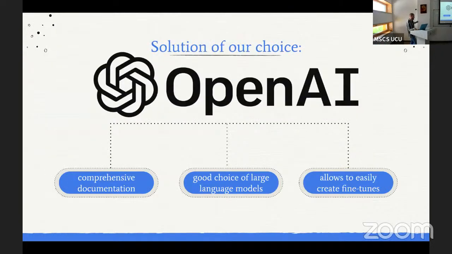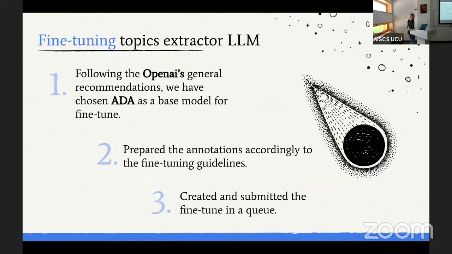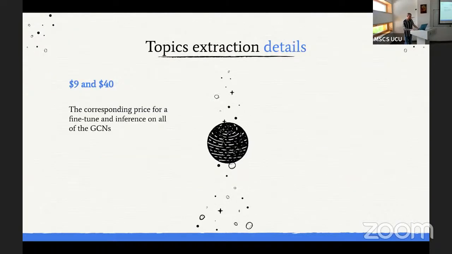This time we wanted to incorporate a more fashionable, trending solution, OpenAI. I know you know about GPT-4 and other stuff, but in our case we employed the Ada model. It's the recommendation of OpenAI themselves that for a simple task you should use the Ada model as the cheapest and the fastest.